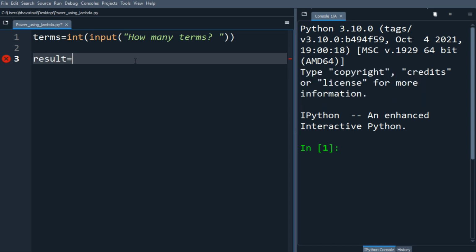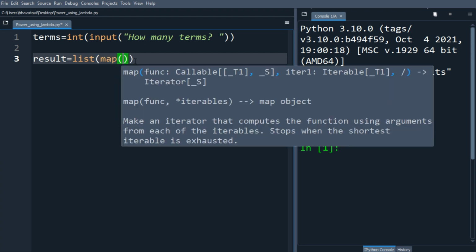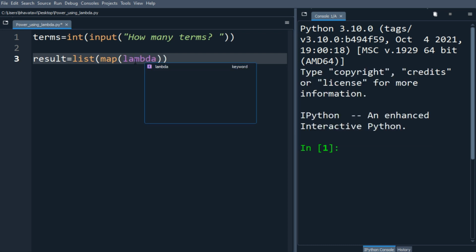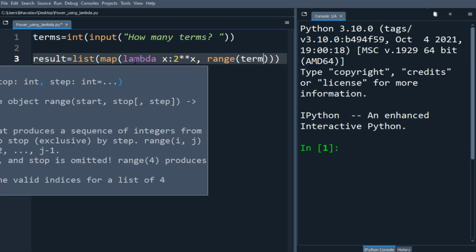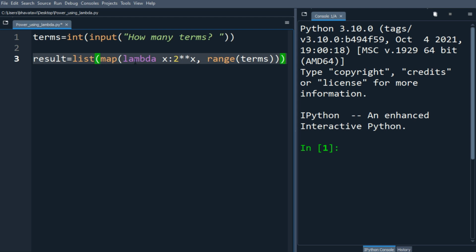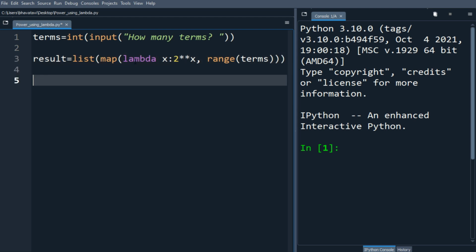Okay, and then we'll put list of map and then lambda. Let's take the power of 2, okay, 2 to the power of x, and then let's put the range as terms. Okay, so now we will print